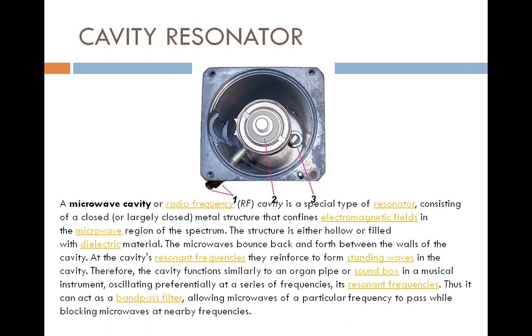When another shorting plate is kept at a distance that is a multiple of lambda p by 2, then the hollow space formed can support the signal, which can bounce back and forth between the two shorting plates. This results in resonance, and hence the device formed is known as a cavity resonator. This device is similar to the tuned circuit used at low frequency, which permits oscillation inside the cavities.